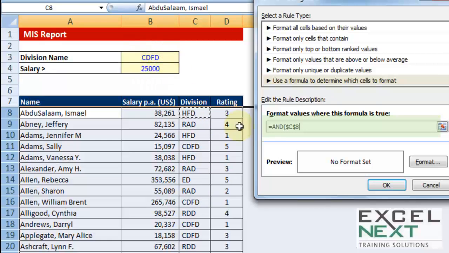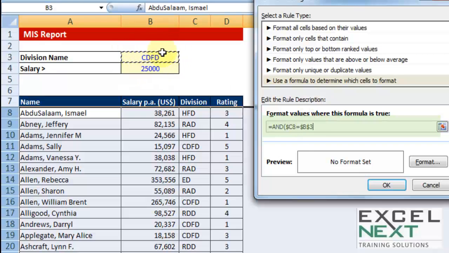name. So to make it move down, that means the row numbers can change from 8 to 9, 9 to 10, 10 to 11. I will certainly remove the dollar before 8. That's the digit. Now why would I keep the dollar before column C? Because it may so happen there is another column, let's say in a different data, where the old division's names is provided. So I would want that Excel does not jump from column C to any other columns at any later point in time. So I must ensure $C8. Is that $C8 equal to